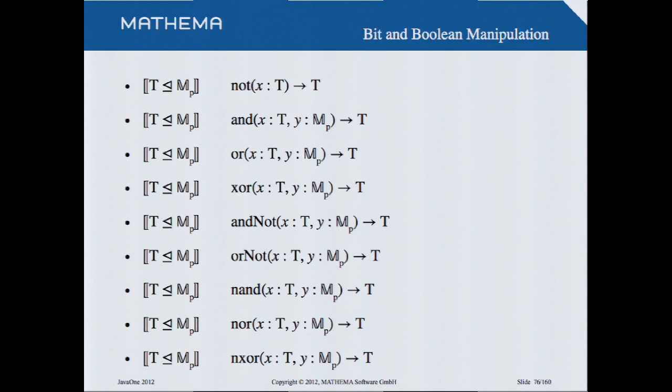I have generics. The generics are always in those angle brackets, and you see that T is a machine word of a specific size, and if you put in T, you get T out. This is useful, for example, if you have a signed word, and if you do something with it, then the signed word will come out, and so on.